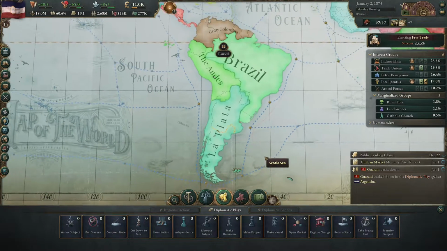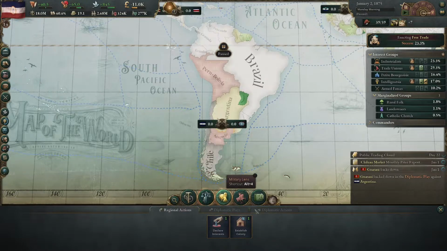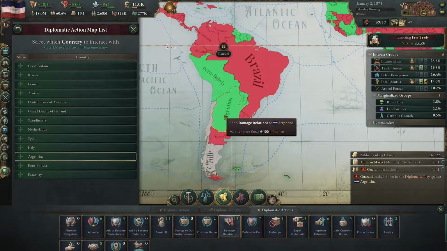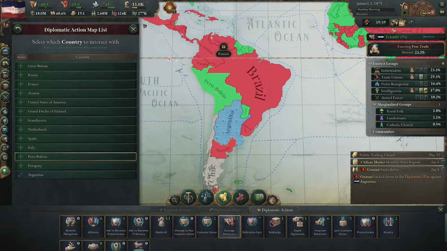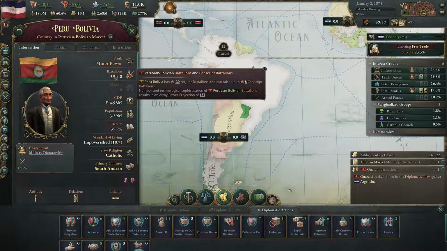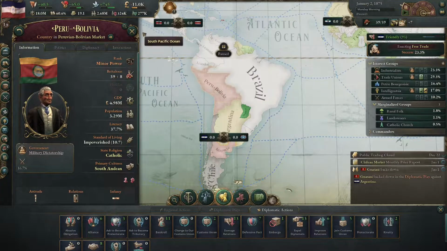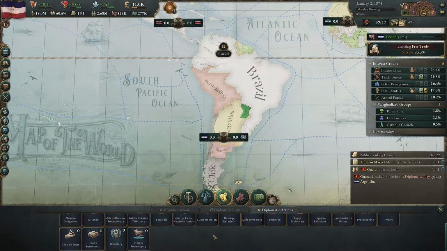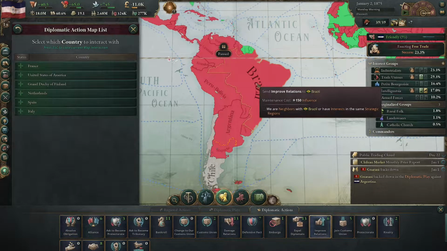Oh, our relationship with them is too positive. Okay, let's make sure that we come into here and we damage relations with Argentina. And I'm actually tempted to damage relations with Peru. We got to come up here and attack Peru, Bolivia as well at some point. I'm going to increase relations with...